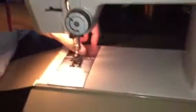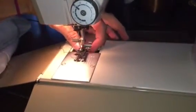What about the bobbin in there if you want to change the color? If you want to change the color, you would open this, and your bobbin should